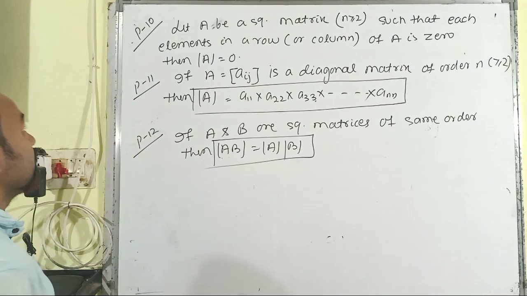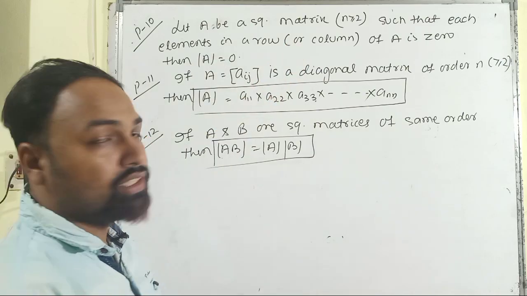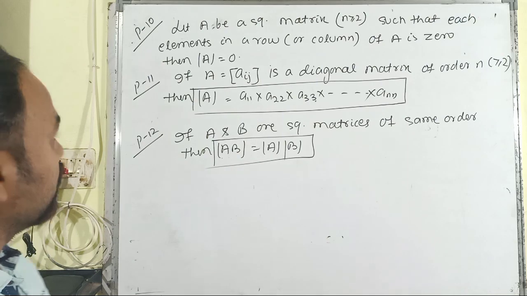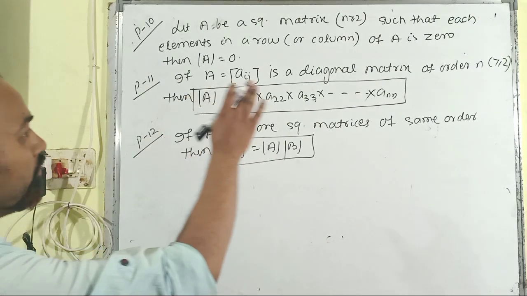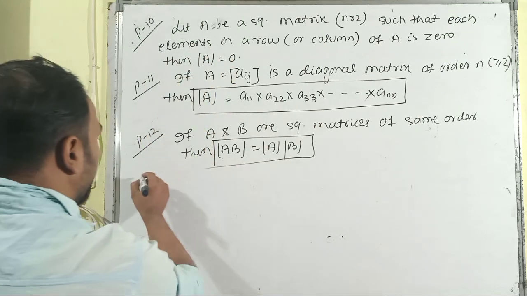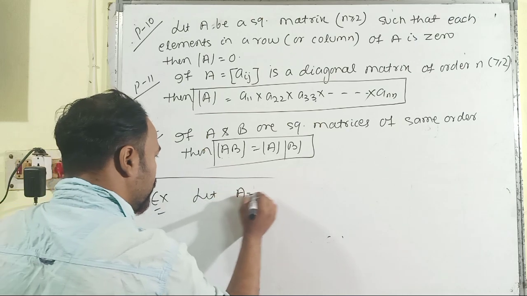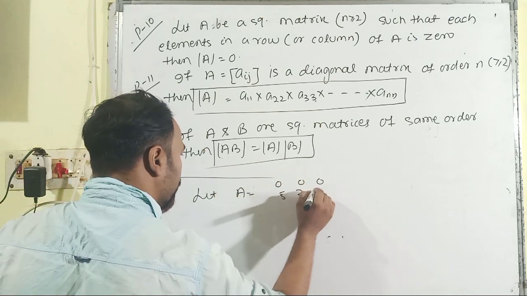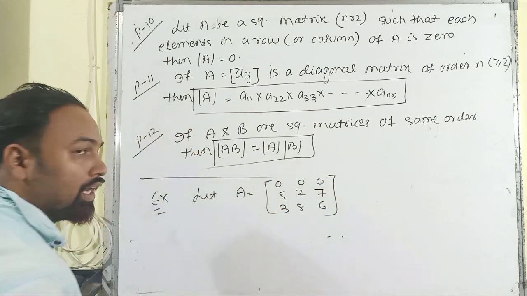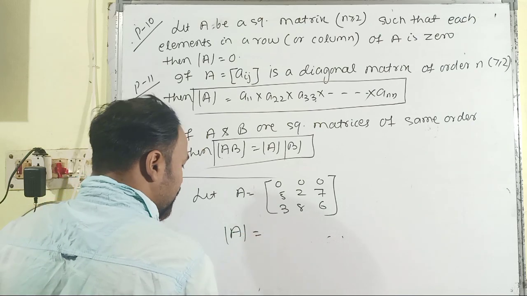Property number 10 tells that if A is a square matrix of order n, where the order is greater than or equal to 2, such that each element in a row of the matrix A is 0, then the determinant is equal to 0. Let us consider an example. Let A be equal to 0, 0, 0, 5, 2, 7, 3, 8, 6. This is a matrix of order 3 and it is greater than 2. And the determinant of the matrix A,